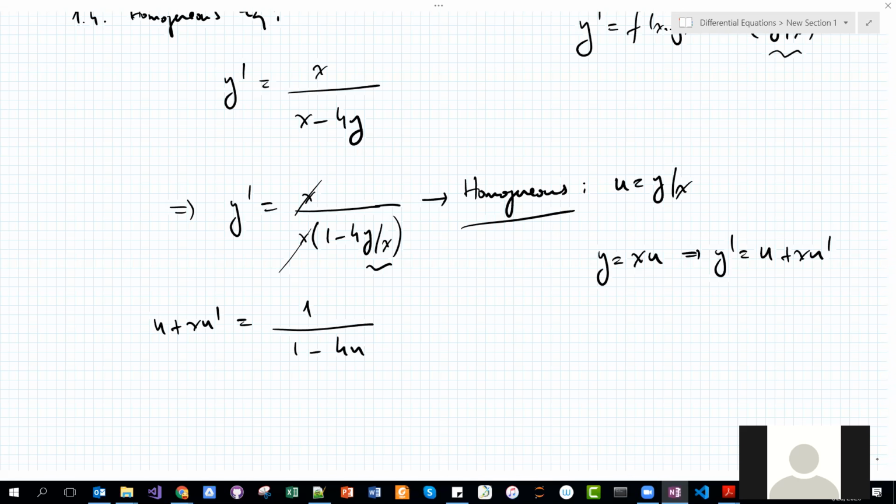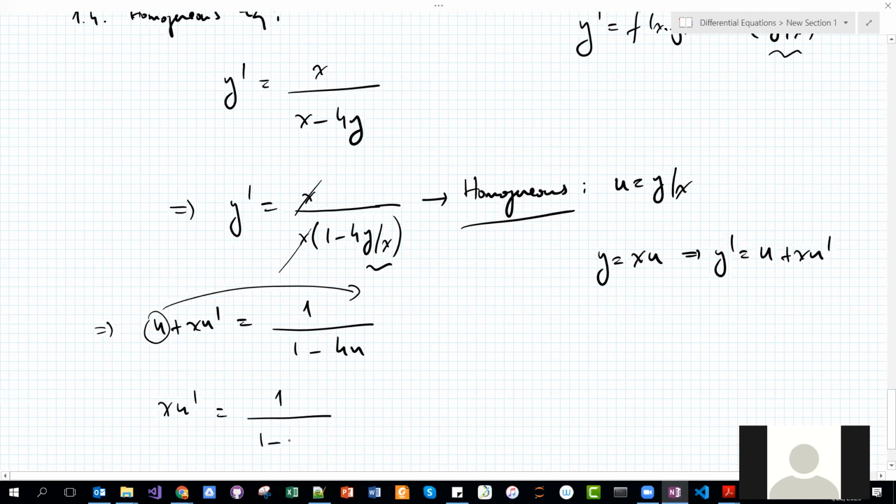It seems this integral is not going to be easy, but let's try it. I don't know if I designed this question right to get the easy integral. After substituting, everything should be given with respect to the new variable, as we did here, guys. So I have xu prime on the left-hand side. I'm going to move the u to the other side: 1 over 1 minus 4u minus